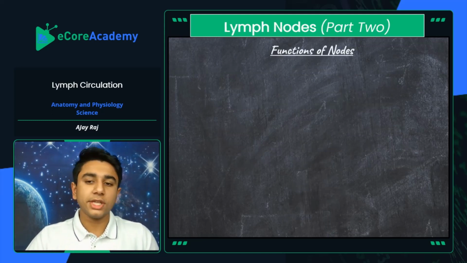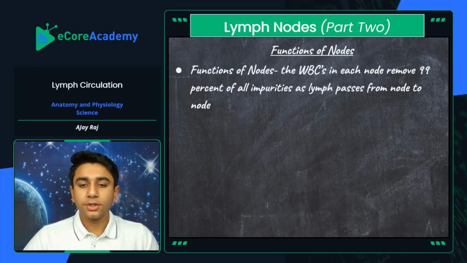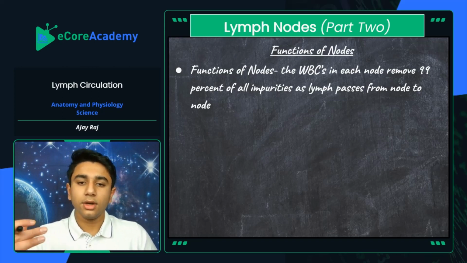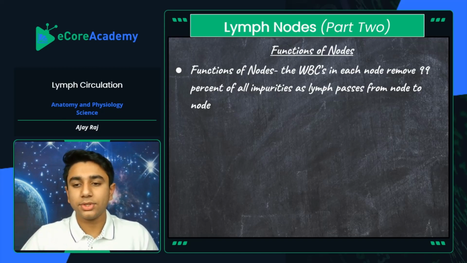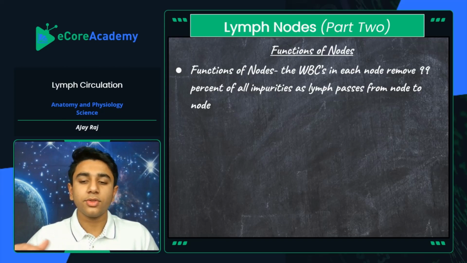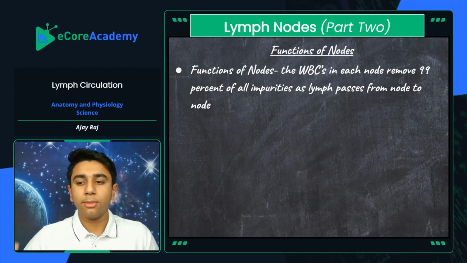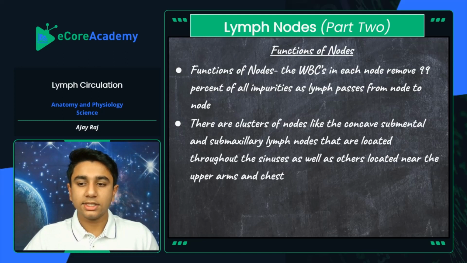Lymph nodes part 2, let's just take a look at the simple function of the nodes. The function of nodes is that there are white blood cells within each node, and they actually remove 99% of all impurities, and lymph passes from node to node. The nodes also filter out the lymph, but also pathogens within lymph nodes. They have to be taken care of by the immune system, because the lymphatic system does not have any direct response to that, other than your immunizing cells, which are located more towards the skin and your integumentary system. But these white blood cells will help kill 99% of all impurities as lymph passes from node